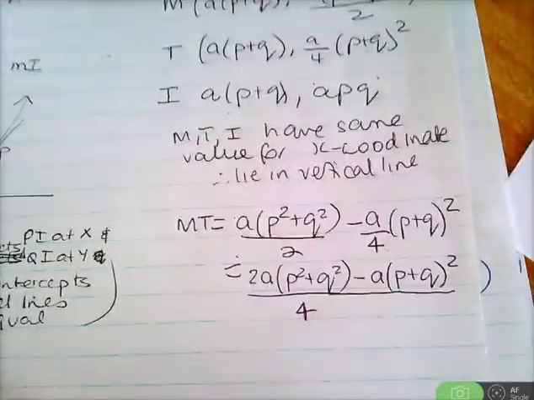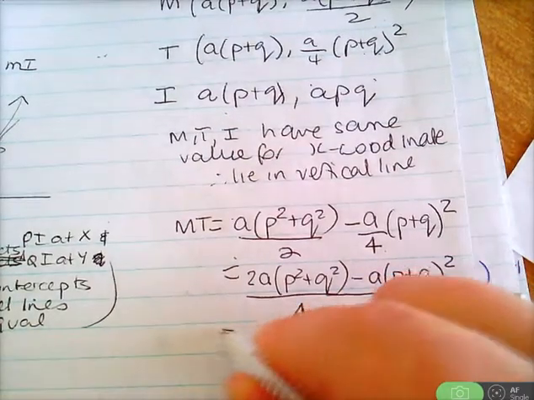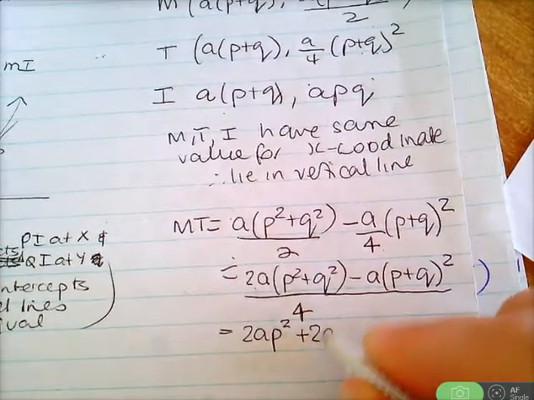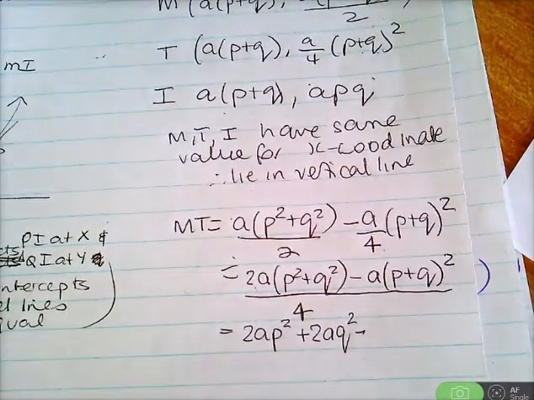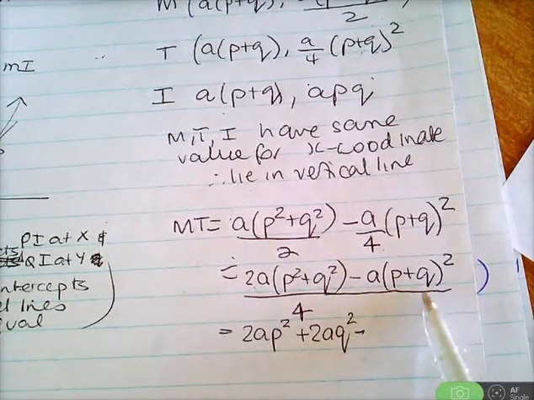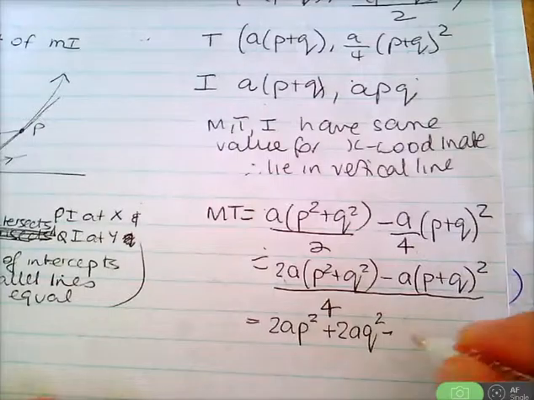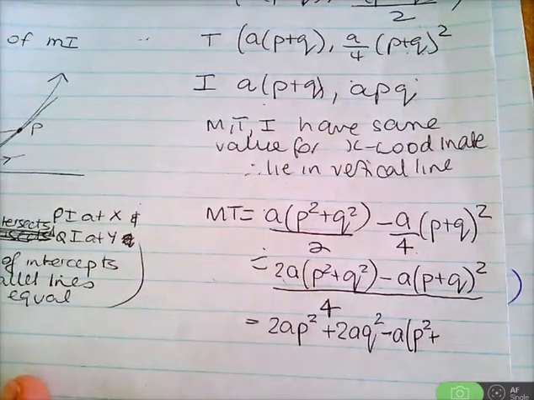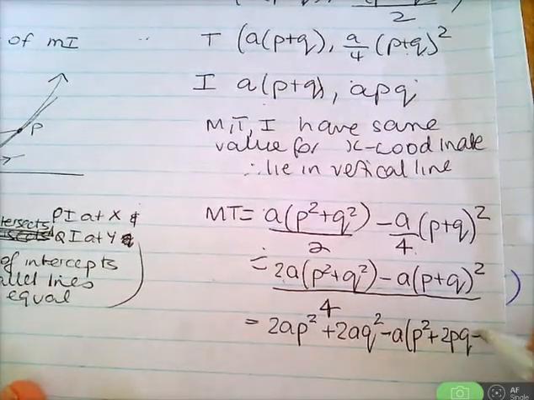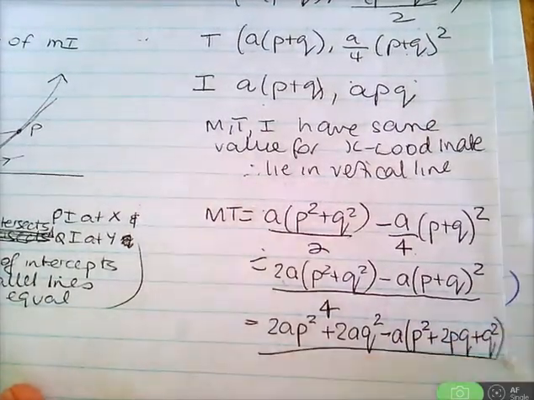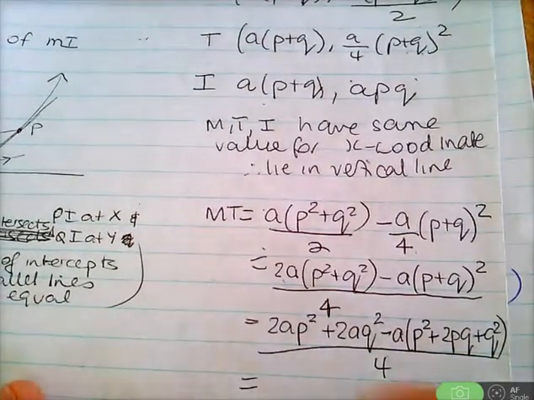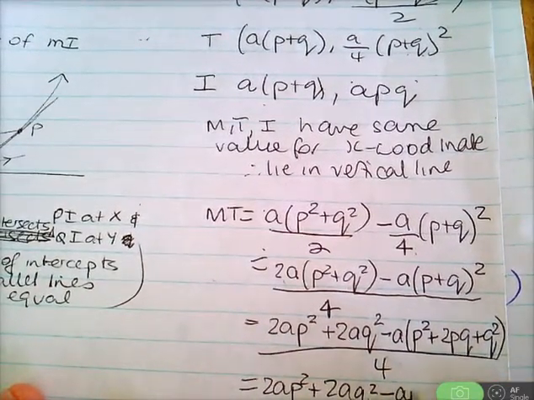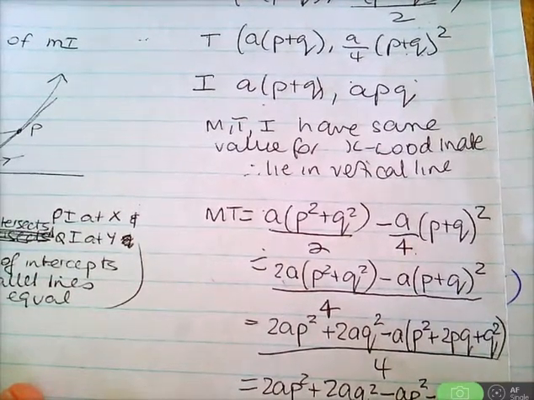You okay with this, girls? Both fractions are over 4. Be careful when you expand. The first one you're just multiplying through 2AP squared plus 2AQ squared. But what's the second one? A perfect square. It's not P squared plus Q squared. What is it? Minus A times what? P squared, come on, plus 2PQ plus Q squared. It's a perfect square. All over 4, which means it's 2AP squared plus 2AQ squared minus AP squared minus 2APQ